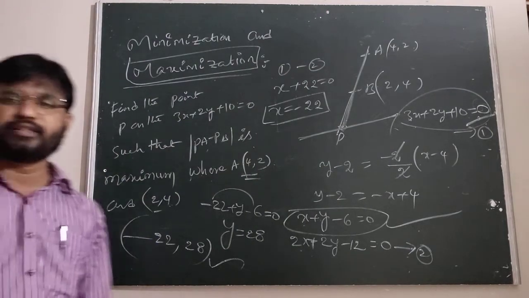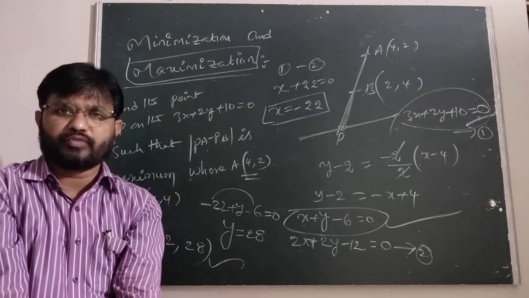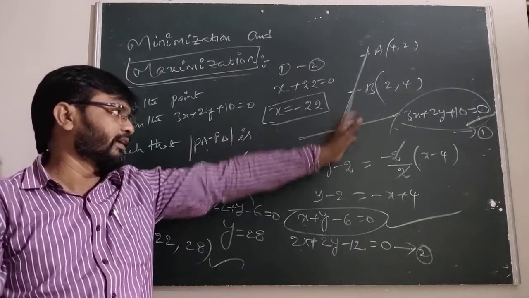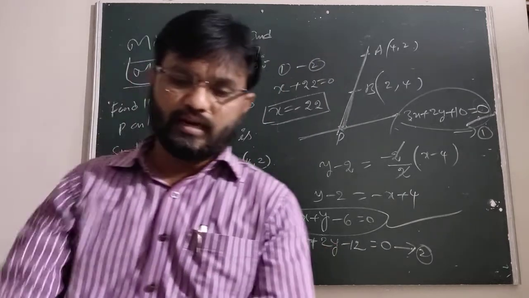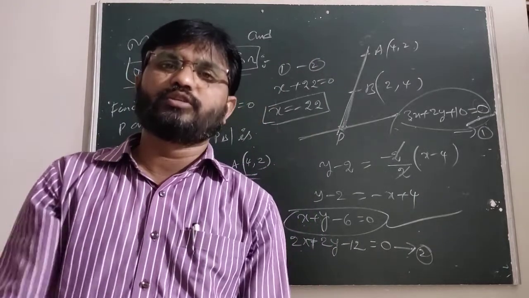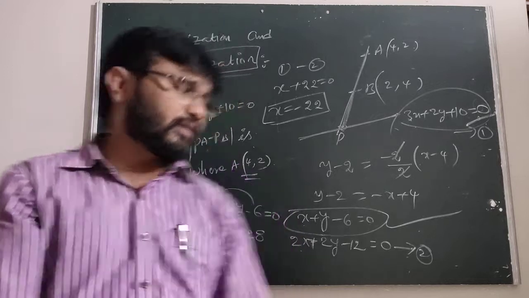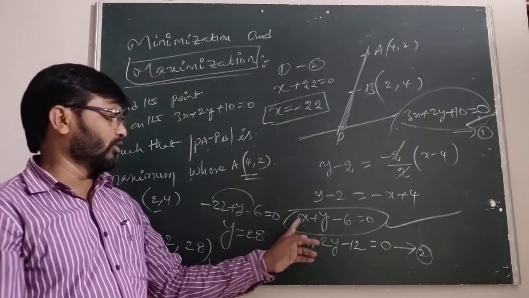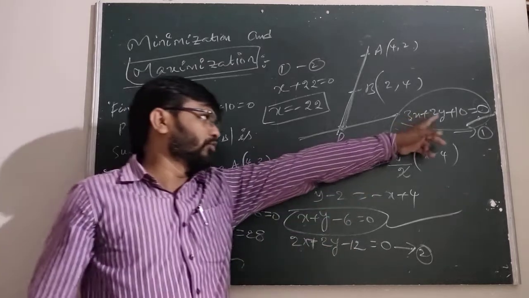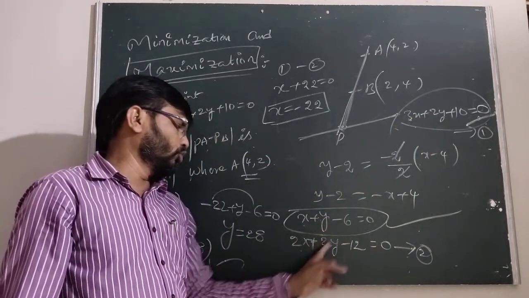How to find this? We just have to find the equation of AB first, the given line. It is the point of intersection. The point of intersection methods, we know, are the cross multiplication method, substitution method or elimination method. In this case I took the elimination method, because when we multiply by 2y, the 2y cancels.